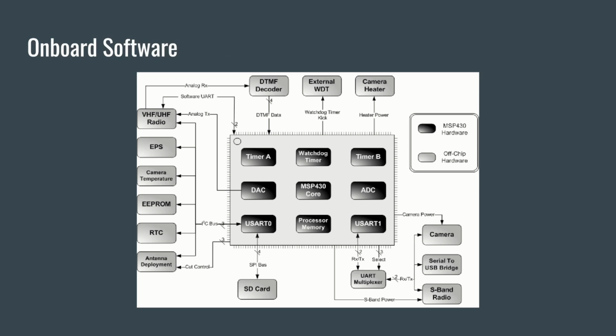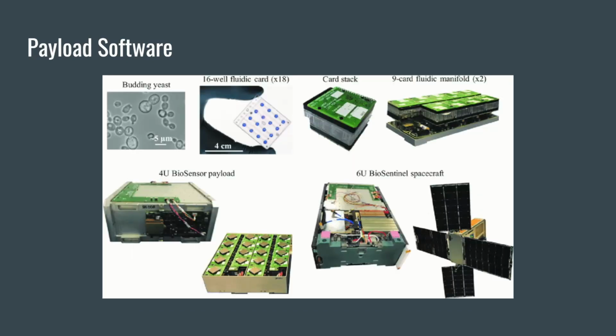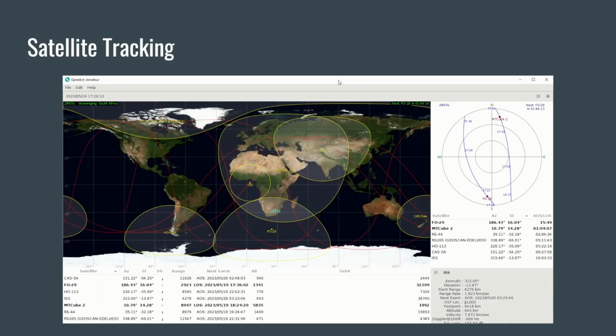We can also chat about the onboard software. This is the software that is running on the satellite itself. This includes the basic functionality of an operating system with various subsections such as power management, data handling, communication protocols, and fault tolerance. And then we also have payload software. So apart from the common software running on various satellites, each satellite has a unique purpose or mission, and the different operations or experiments require software for control and monitoring. But regardless of which area you want to play with, we need to start with the basics of satellite tracking.